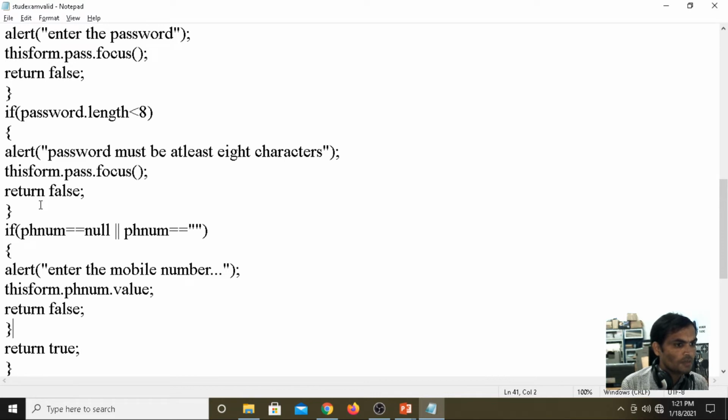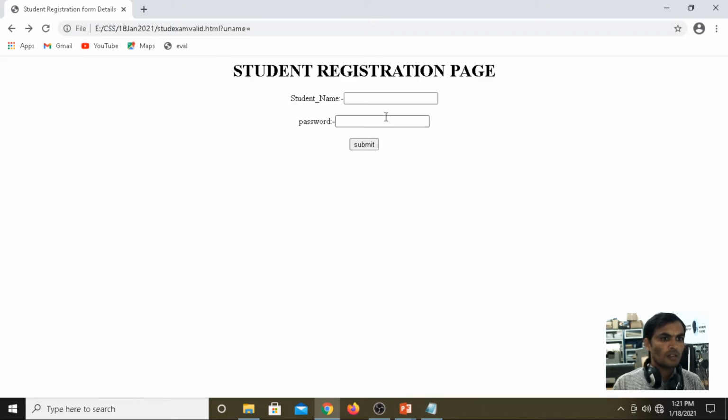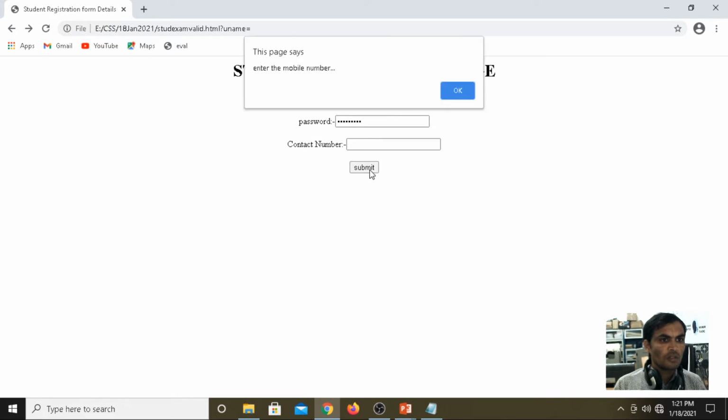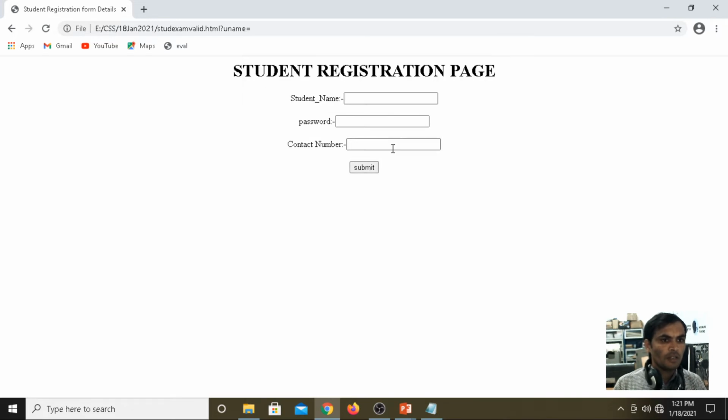Control S, then press F5. Ravi Kumar, password, enter the mobile number, it is working.